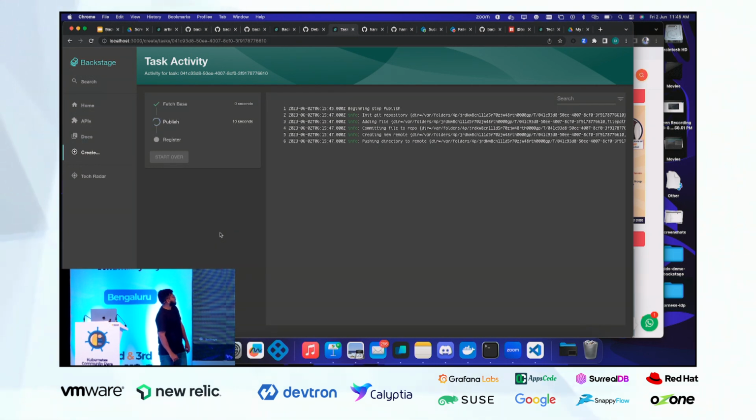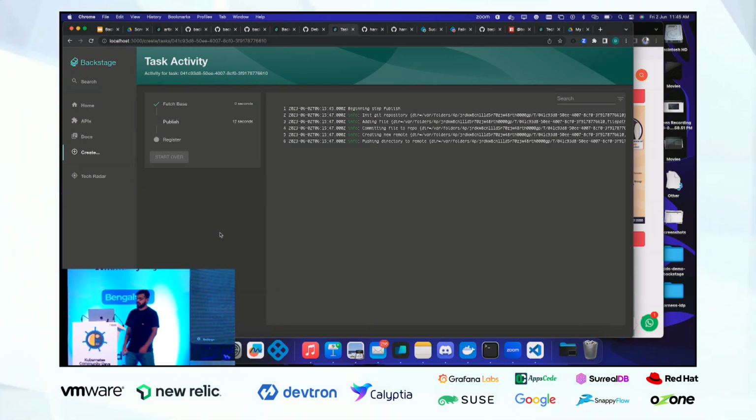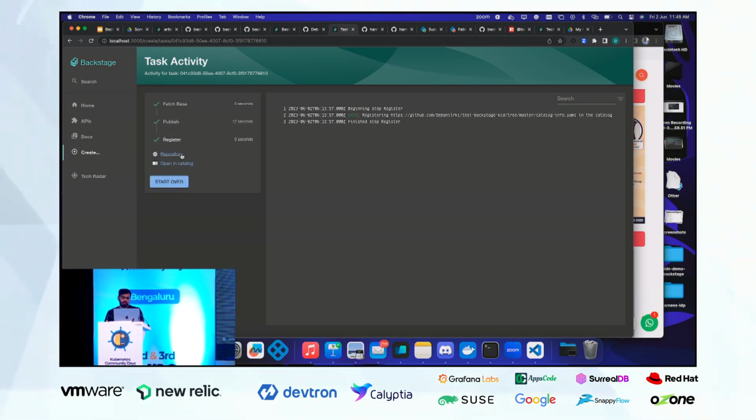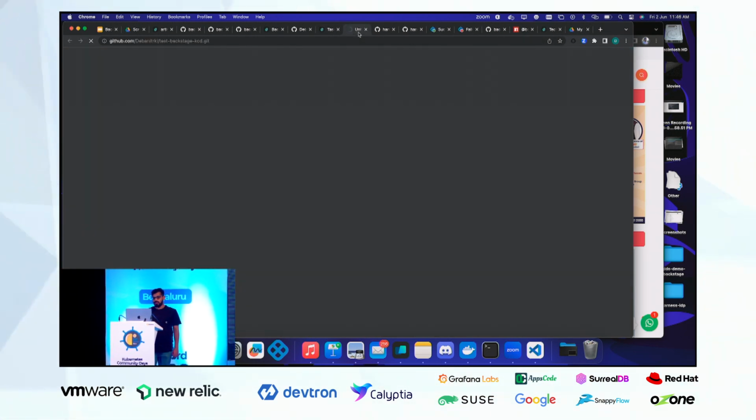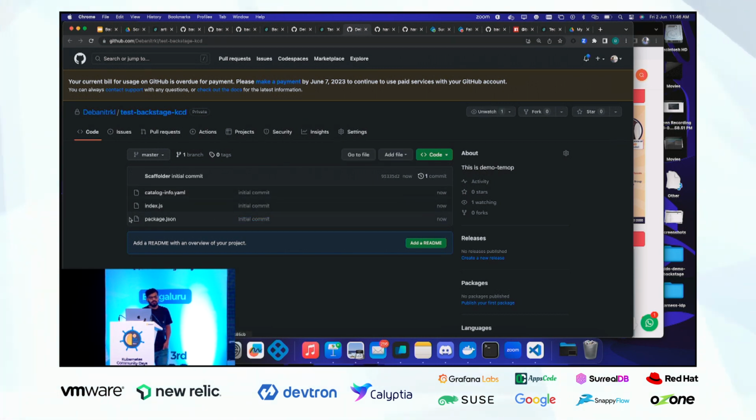And it's taking a bit of time. I think the net is slow. But yeah, okay, so it is there. Now, if I want, I can go to the repository and check. So yeah, it has created this. So basically,